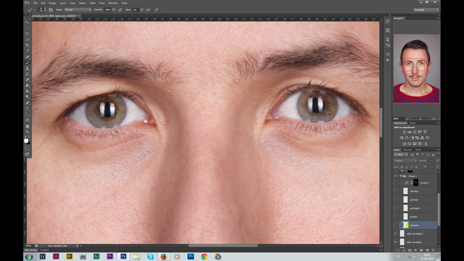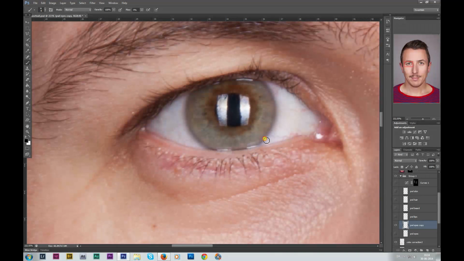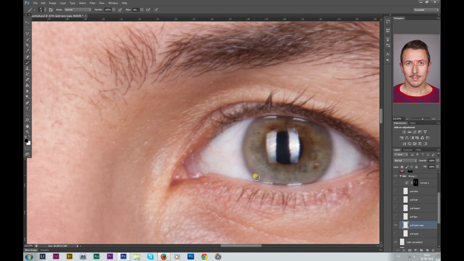Now what I do is I'm gonna create a new layer here, paint with light, PWL, eyes, copy, and I'm going to use the black brush to enhance the lines around the eye. Just do it on the post. This is gonna take a few trials. I'm using my mouse right now,